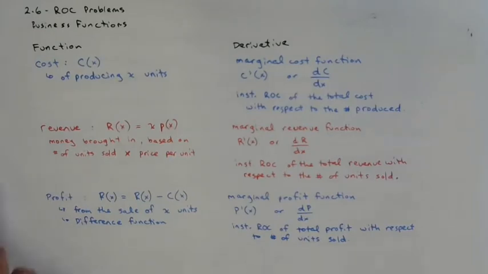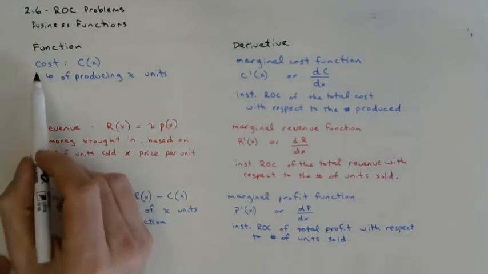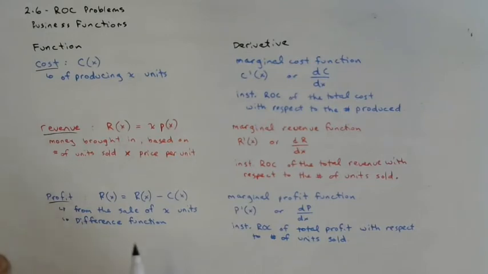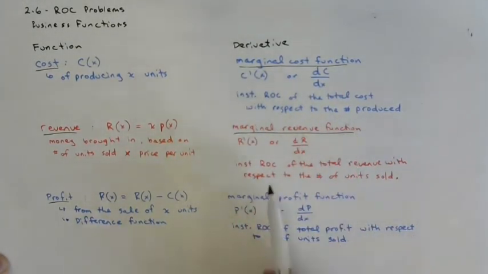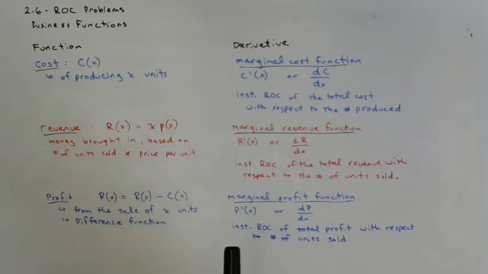Okay, there's three basic terms. We're talking about cost, revenue, profit. We're familiar with those. So marginal cost function, marginal revenue function, and marginal profit function are the names of their derivative functions. Preceding all of this, I didn't write it, but preceding all of this, you'd also have p of